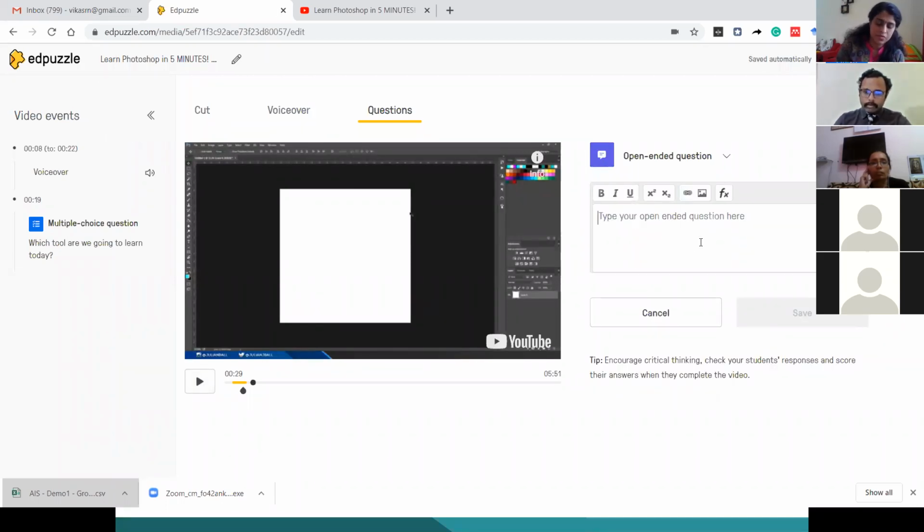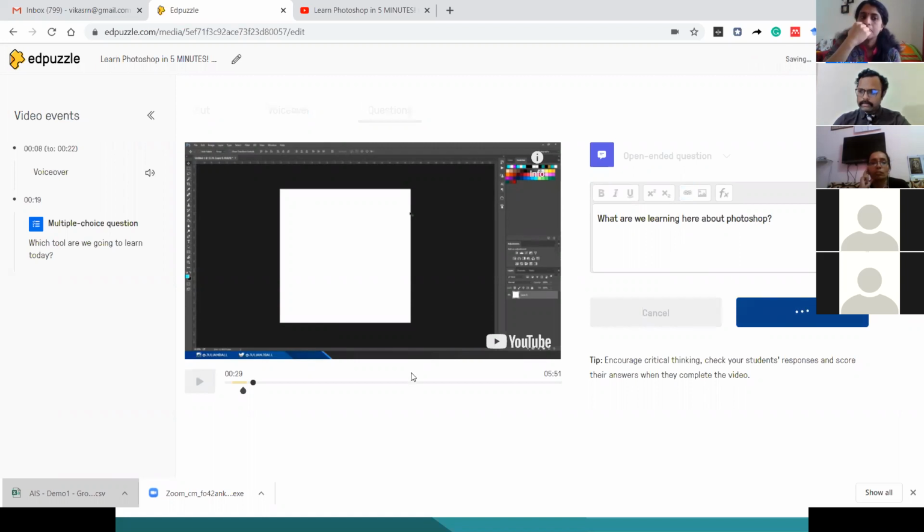So here I can create an open-ended question. What are we learning here about Photoshop? So basically we are learning about the interface of Photoshop. So the answer should be